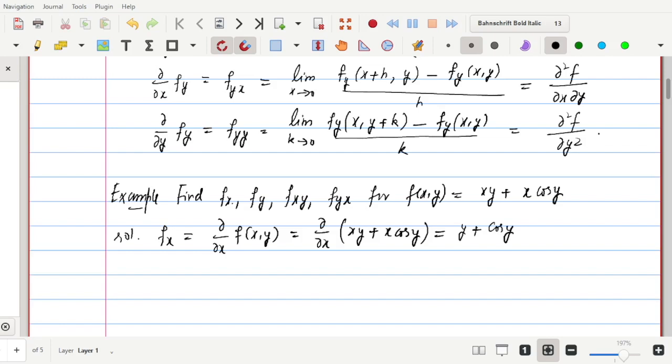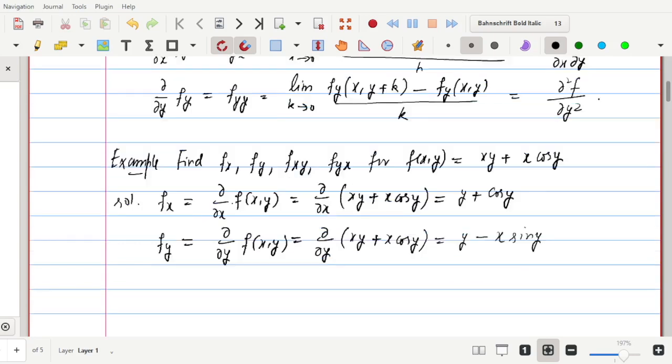Because derivative of x will be equal to 1 with respect to x. And similarly, we can define del fy, which is equal to del by del y of f of x y, which is now del by del y of xy plus x cos y. Now with respect to y, we will treat x as constant, so the derivative will be equal to y plus, now x here, derivative of cos is equal to minus sine, so this becomes minus x sine y,